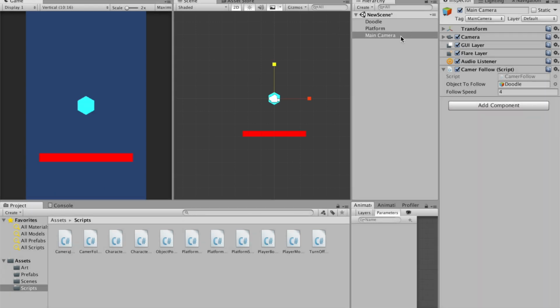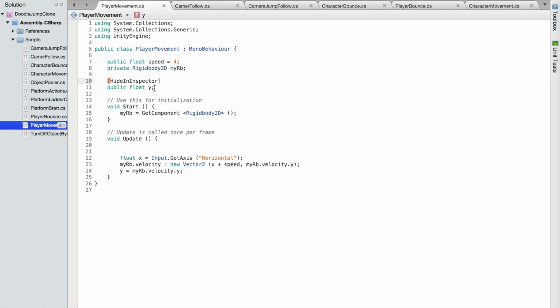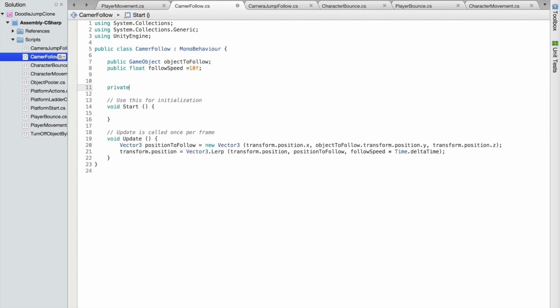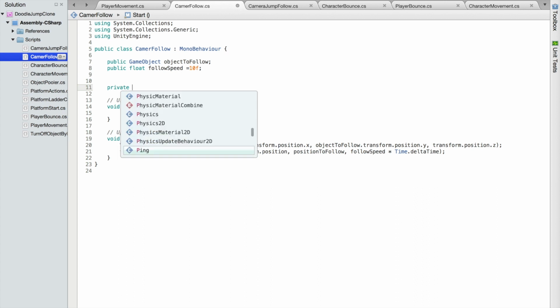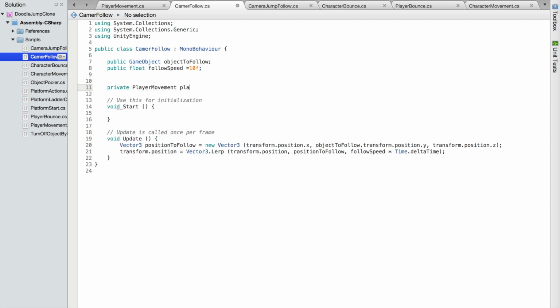But that's not all we want, because in Doodle Jump, he kind of bounces up, and then once he bounces up, the camera doesn't follow him anymore. And that is where accessing this Y value on our player is going to really come in handy. So let's get access to that, and we're going to say private player movement, and just say player movement in lowercase, and we'll say player movement is equal to